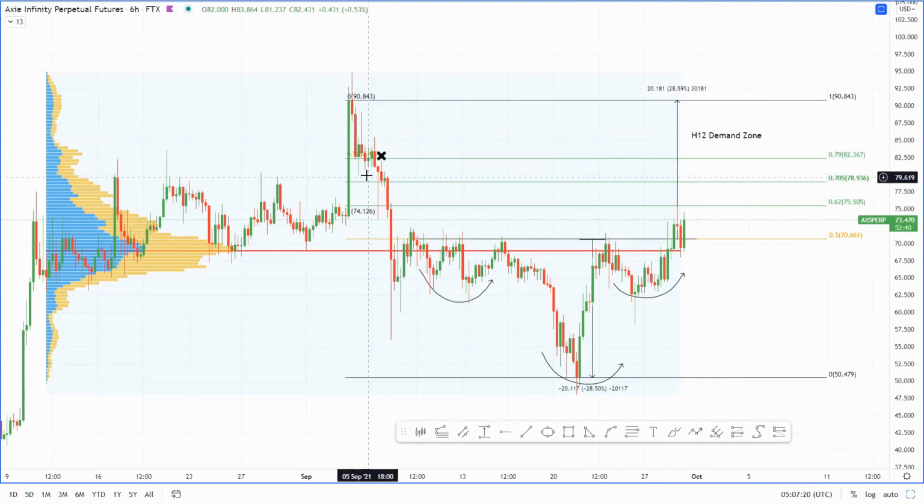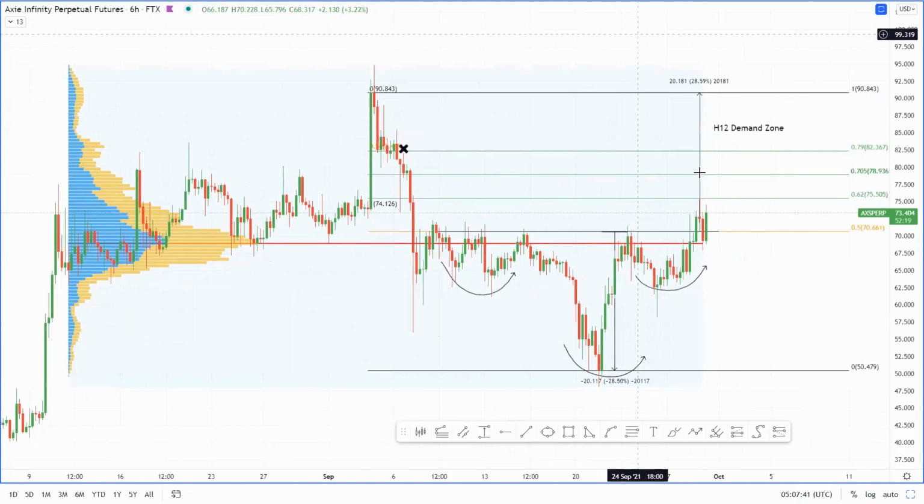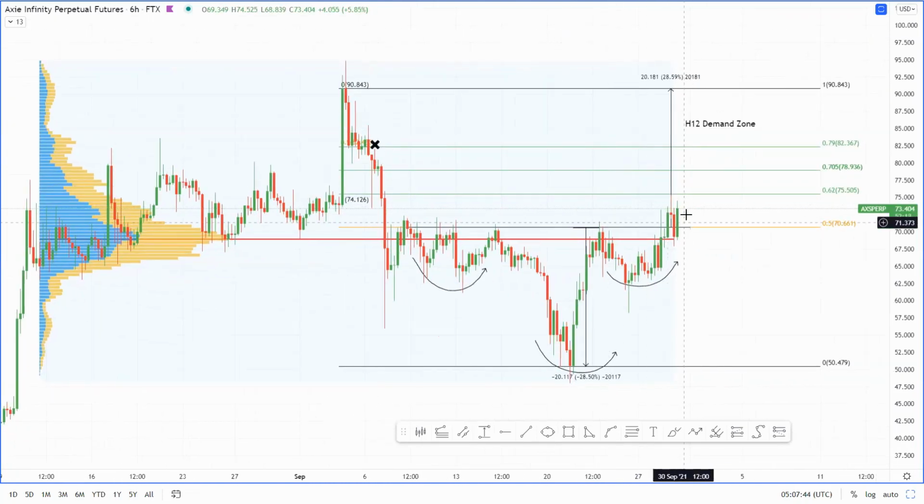And if you look at it, this cluster of consolidation, the green candles that were formed before the price actually went down, is kind of where the institutional buying, institutional selling took place. So I'm expecting a lot of resistance around the 79 fib exactly, which is where I want to take my profits. But yeah, that's from a bullish perspective, right?